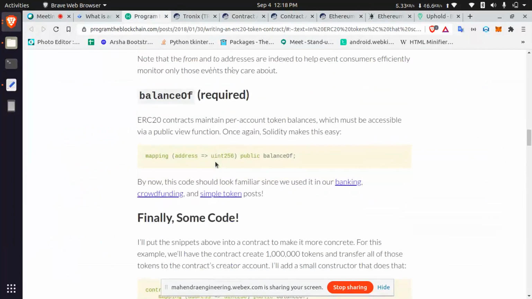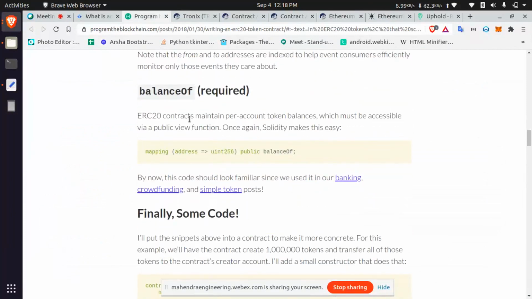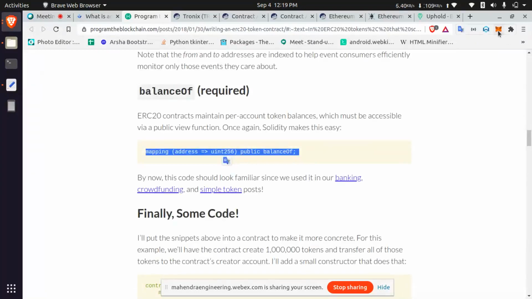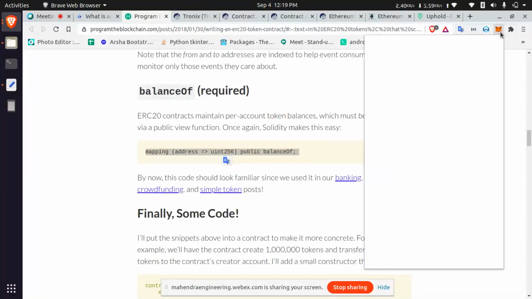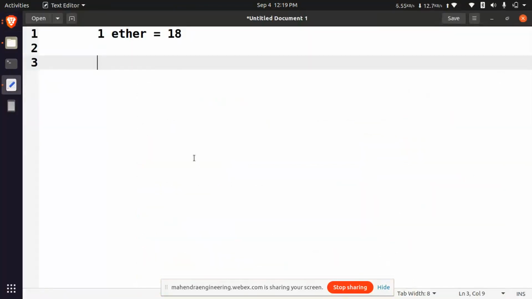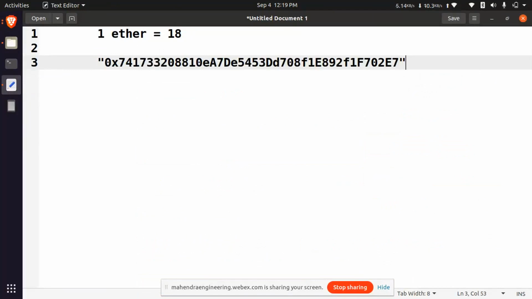And then balance of: how they are maintaining balances. Let's say if you give any address here, for example my Ethereum address, the key value is that my Ethereum address has 100 Mahendra tokens.